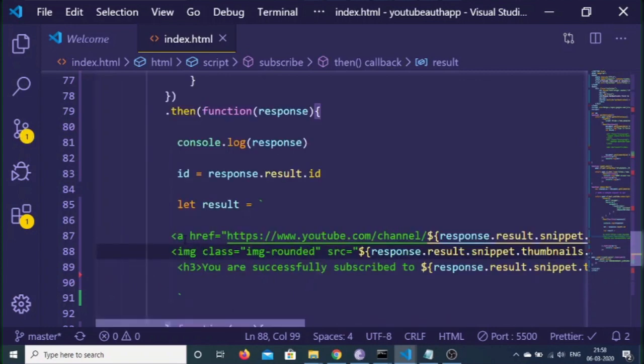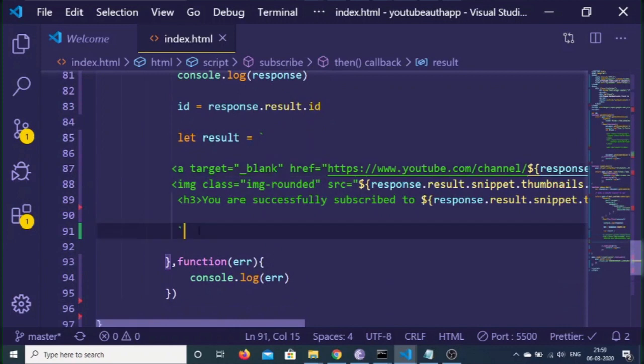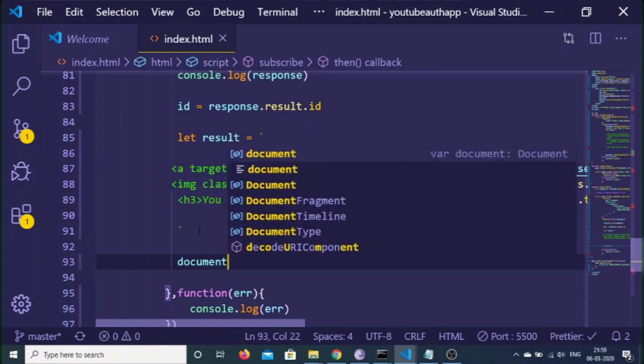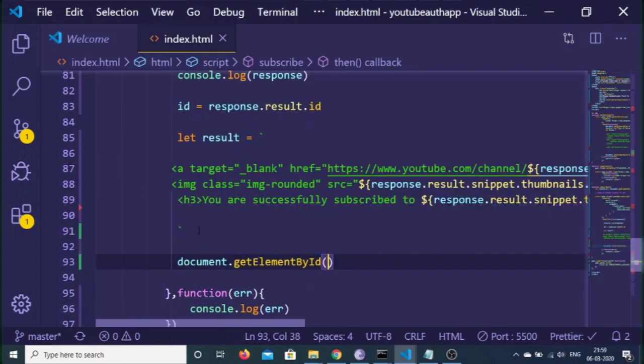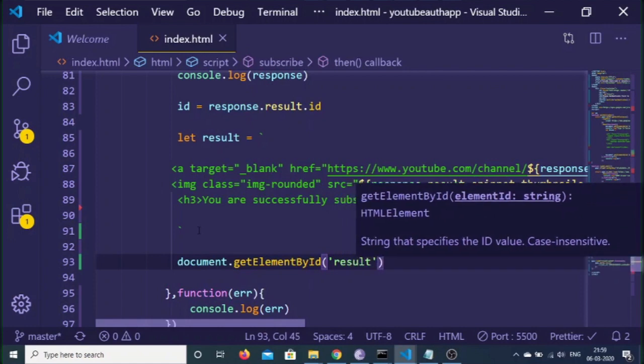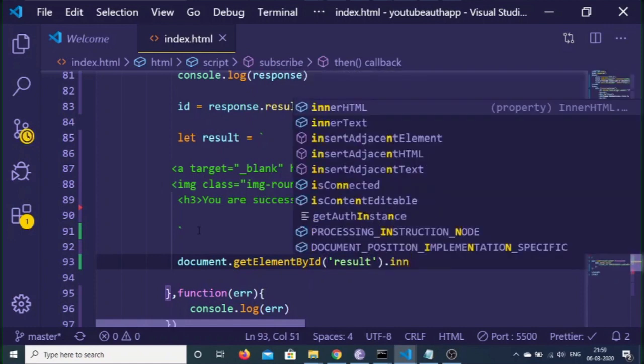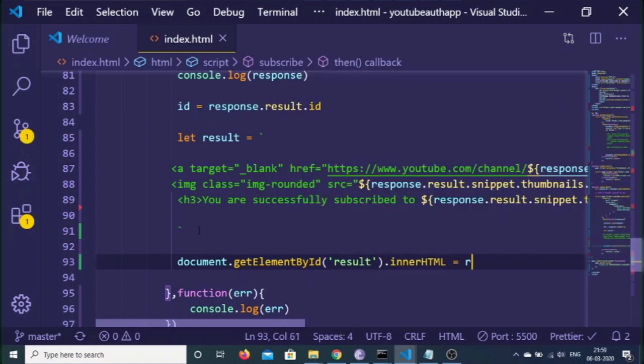And also we will just be adding target blank. So basically when we click the image, it will be opening the link in a new tab. And now we just need to add this to the DOM. So we will again use the document.getElementById, and here we can just target it by